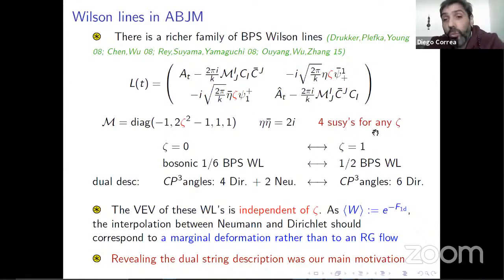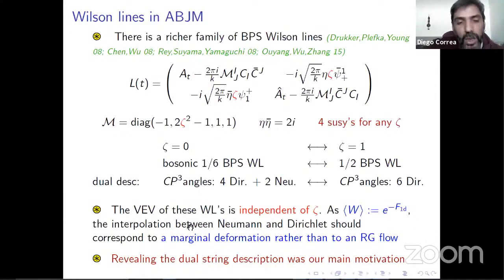and it preserves supersymmetry, which is 1/6 in the context of ABJM, and it interpolates between the two cases. When you set zeta equal to 1, this is the half-BPS Wilson line of the previous slides, and in that case, the dual description is a string located at a very specific point of the compact factor of the dual geometry, which is the CP3. So it has a Dirichlet boundary condition for all the angles in the CP3. And when you go the other way, to zeta equal to 0, you don't have the fermions anymore. Here you have the matrix (-1, -1, 1, 1), and this is the usual bosonic